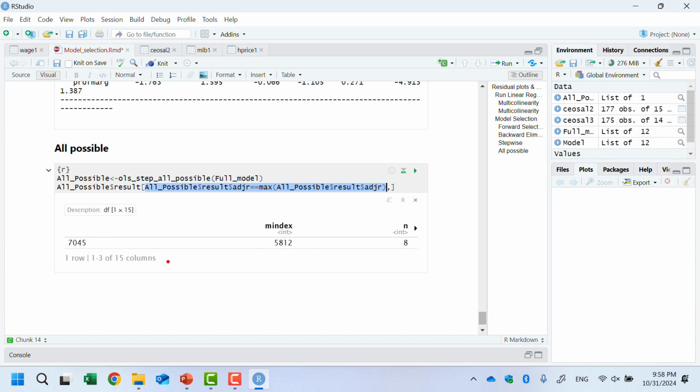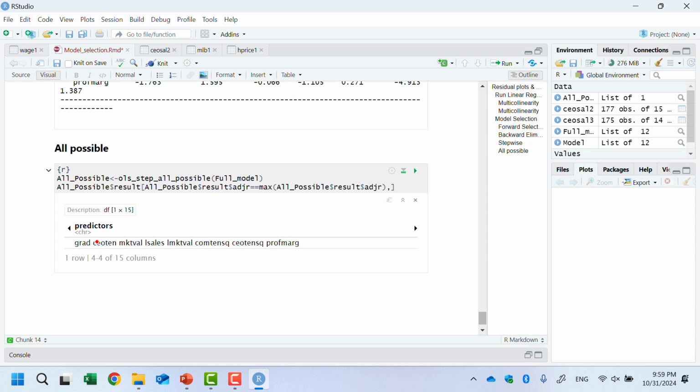As you can see here, I can see only 3 columns out of 15. The number of variables is 5,812, or is it 7,000? I don't know which one is the number, but you can tell there are more than thousands of regressions.